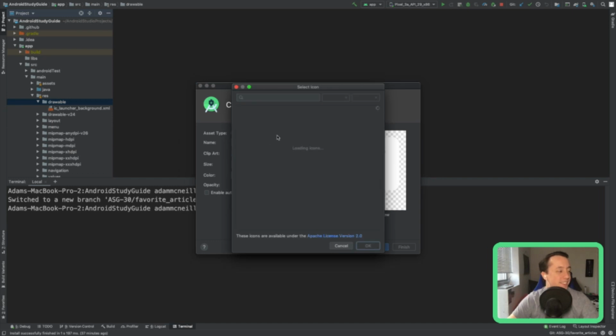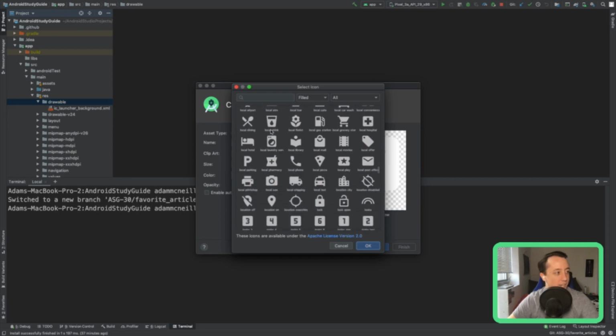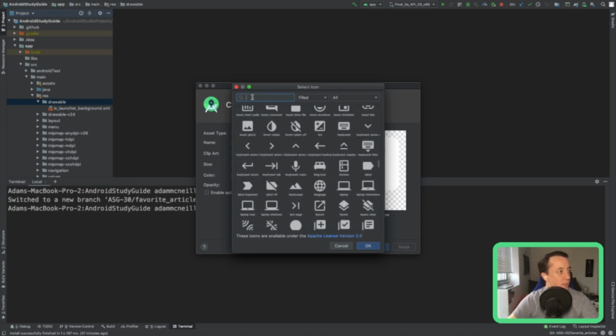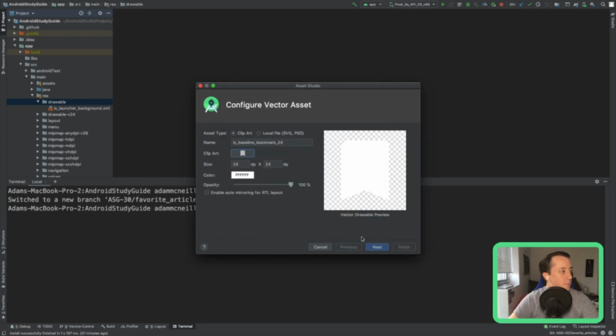But if you click on this, you should have all of the material icons that you can import. And there's a nice little search feature up here, so we're going to search for bookmark, and we see we have bookmark and bookmark border, which could be a selected and unselected bookmark state. So we'll add both. We'll start with this one. It pre-fills the name for you. You can change this if you like, which I'm going to, and I'm going to say ic for icon, bookmark selected.